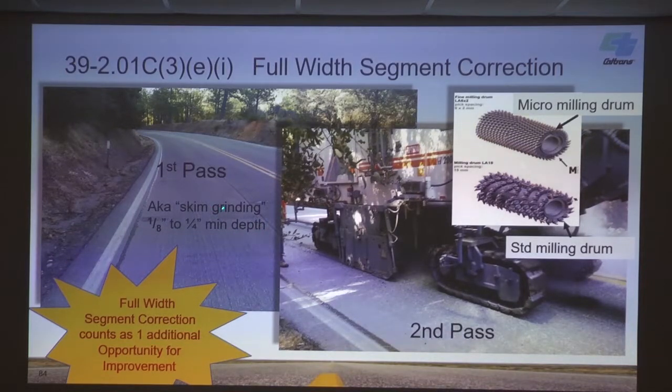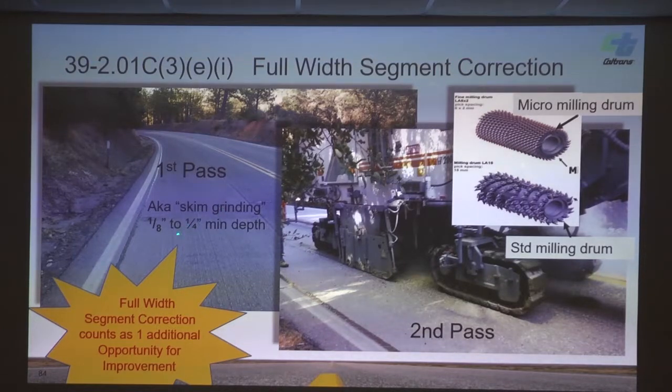200s, 210s. They decided, rather than doing diamond or using that pre-paved grinding day, they're going to go out and just take a micro mill and skim grind the whole thing. And all those areas that were over 180, they went down below like 120. And these areas that were 80, 90, which way do you think the MRI went? Up or down? Somebody guess. Somebody guessed down. Nope, they went up. So, doing this full width segment correction doesn't always give you a smoother pavement,